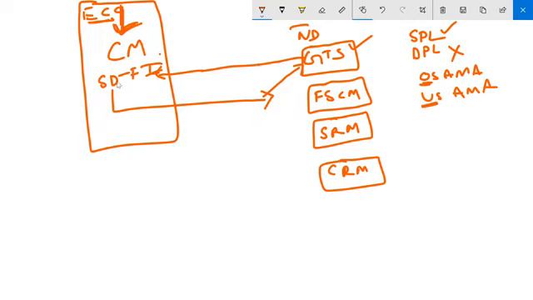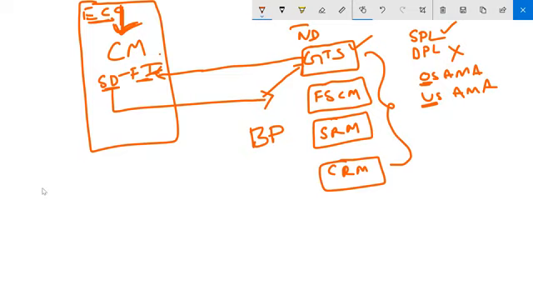So when you're transferring this customer to this particular GTS, all these new dimensional modules use customer as a concept called business partner. Okay, these all modules will use customer master. Customer master is used by only SD and FI, but the same customer is used by many new dimensional modules called business partner.